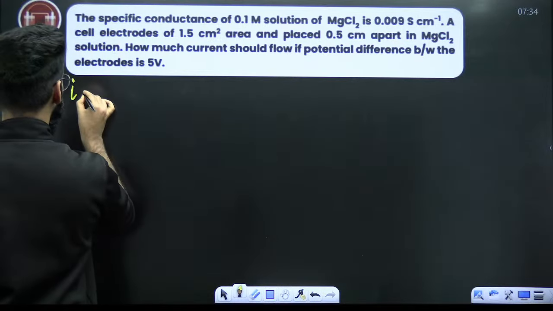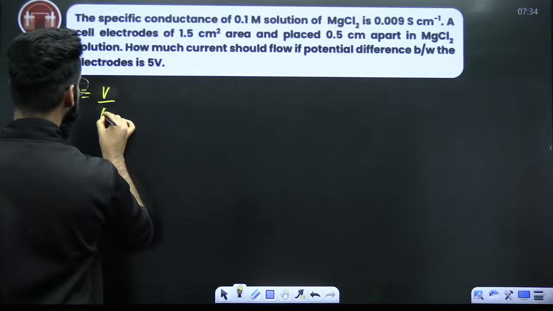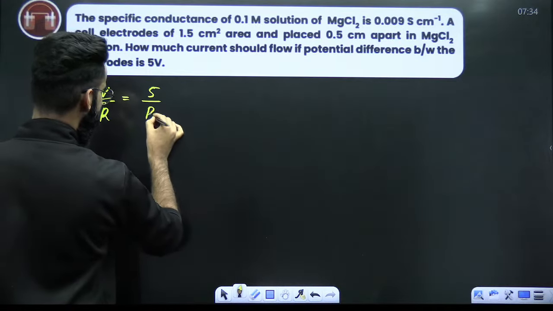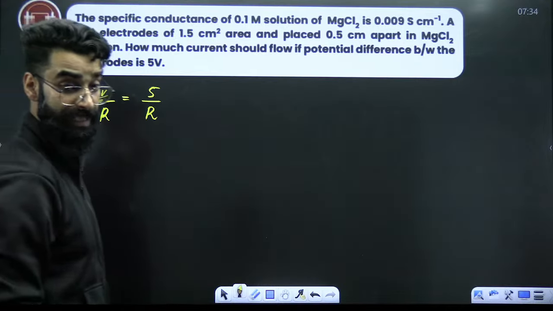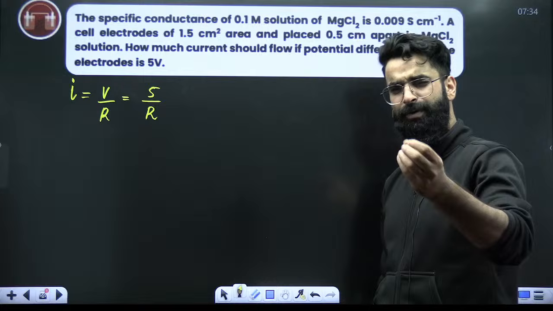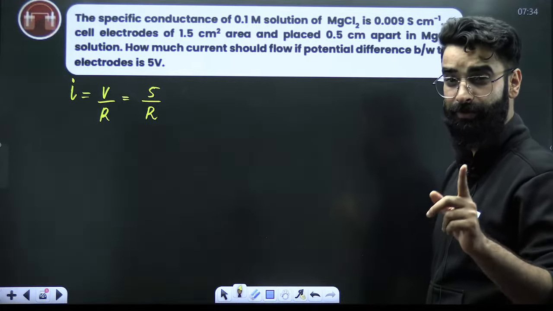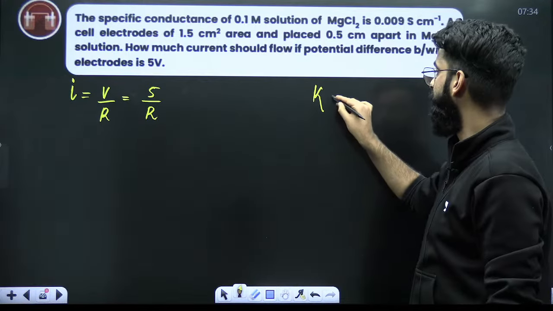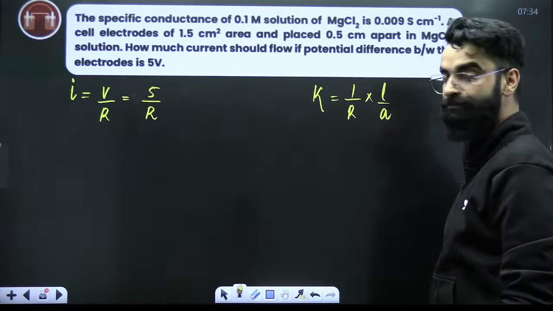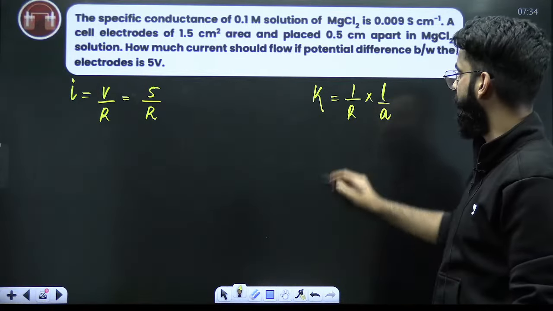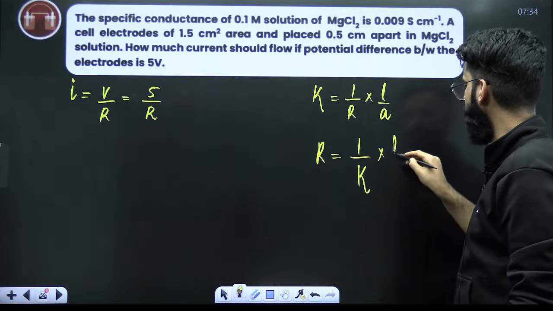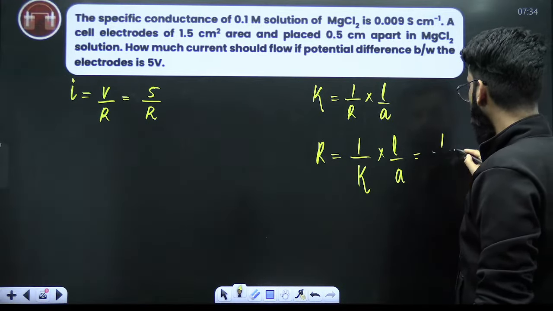Use Ohm's law. I is equal to V divided by R, right? Potential difference is 5 volts divided by resistance of the cell, which we do not know. So we have to calculate resistance of the cell. A few minutes back, I gave you one important result. That is kappa is equal to 1 divided by R multiplied by L by A, right? Now tell me, can't you calculate R from here? R is 1 divided by kappa multiplied by L by A. It's going to be 1 divided by